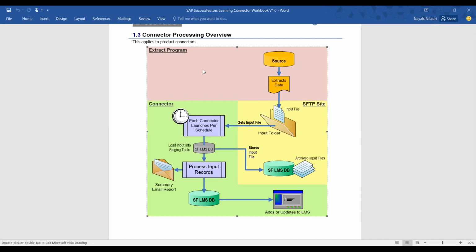Okay. The file will be stored in the SFTP site. Suppose you want to upload all the learning history. You have to go to the SFTP site and upload it there. If it is an employee file, that is your SuccessFactors user file, the employee export, then by running a batch program that you can schedule, it will automatically be put into the SFTP site. There are two ways. Otherwise, you can directly go to the SFTP site and upload whatever files you want to upload. You can schedule that program.